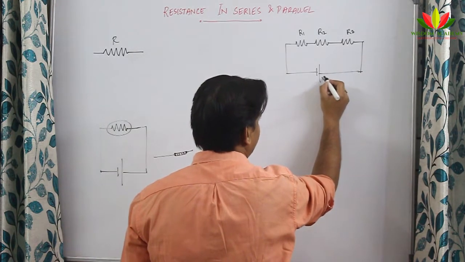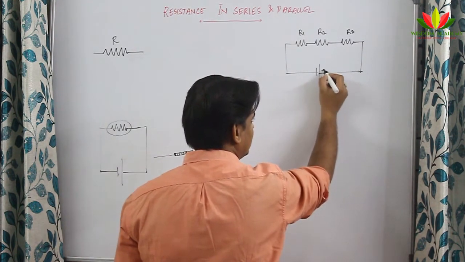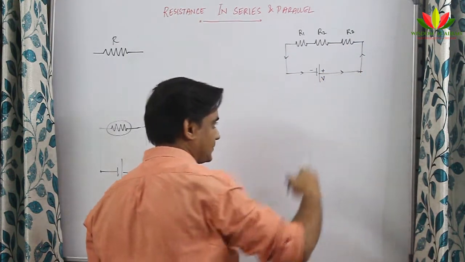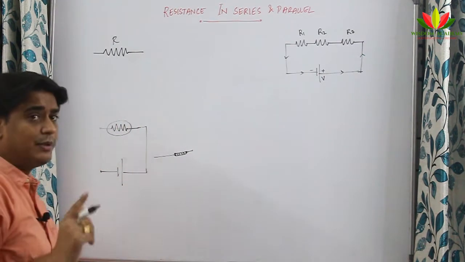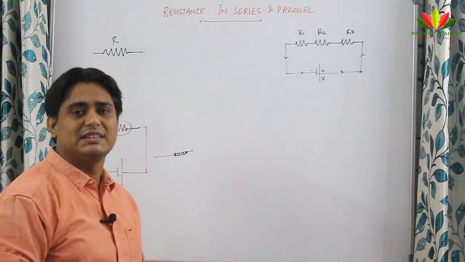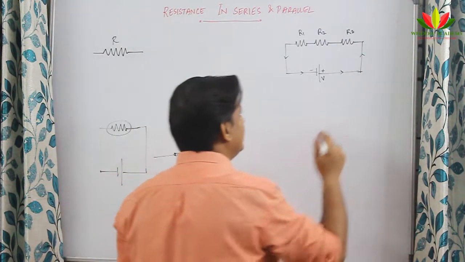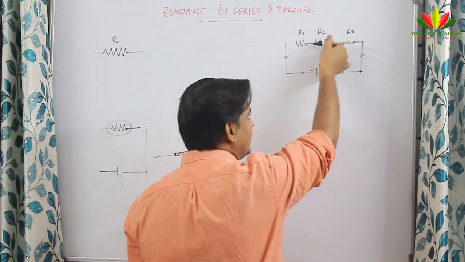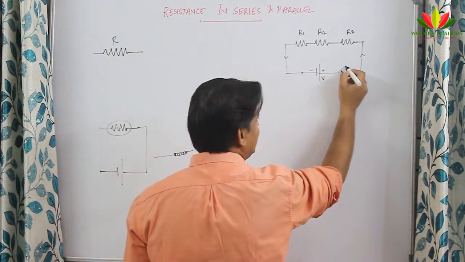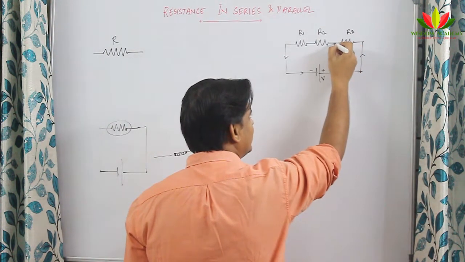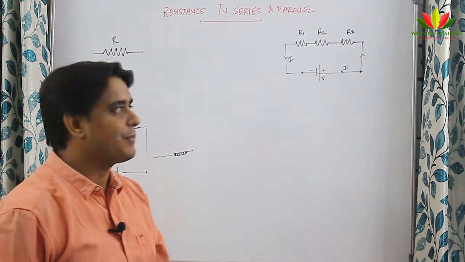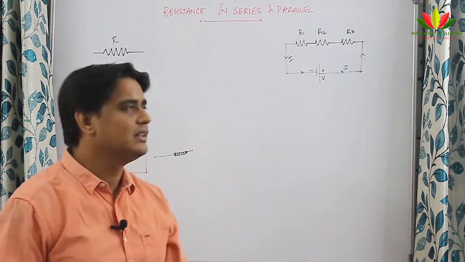So let us connect this to a potential difference V. What will happen? The current starts from here, goes like this, flows and comes back. Now remember that whenever the current is passing through resistances which are kept in series, whatever current enters here, here and here will be the same. Current will not change. Suppose current I starts, the same I goes here, the same I goes here, the same I goes here and comes back. Current remains the same.